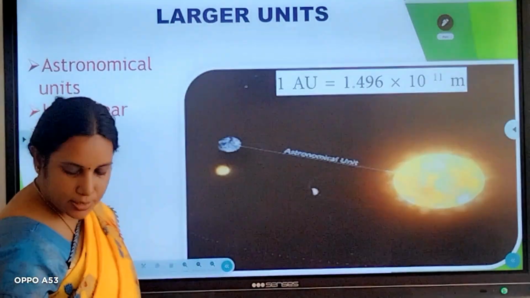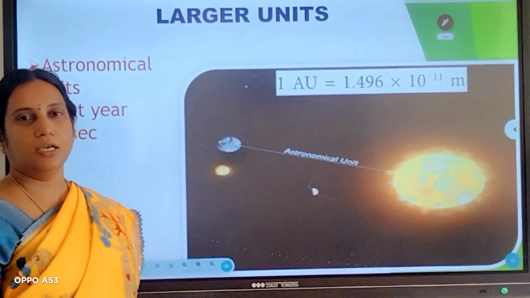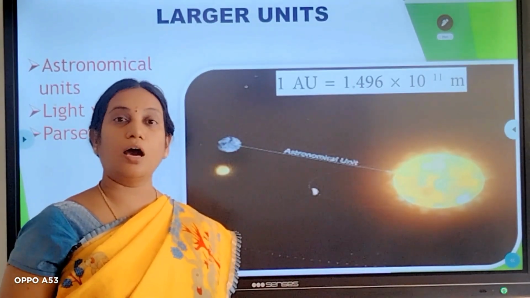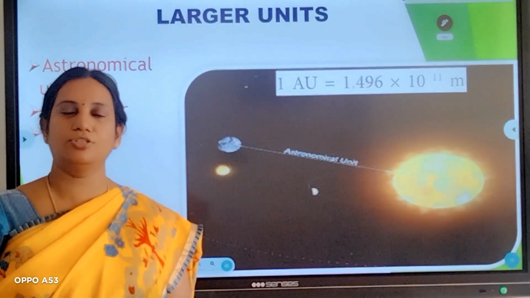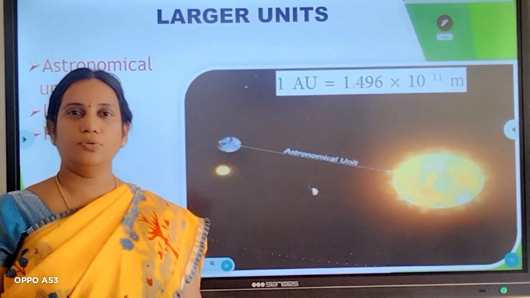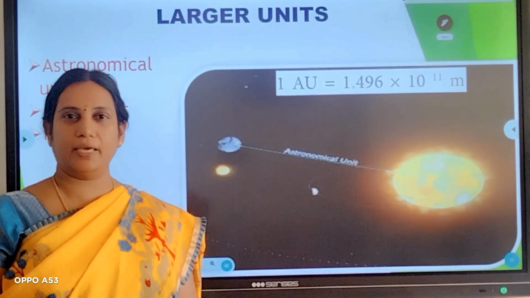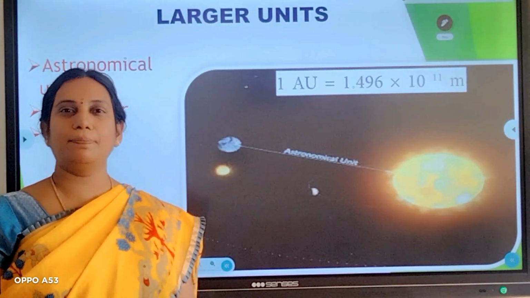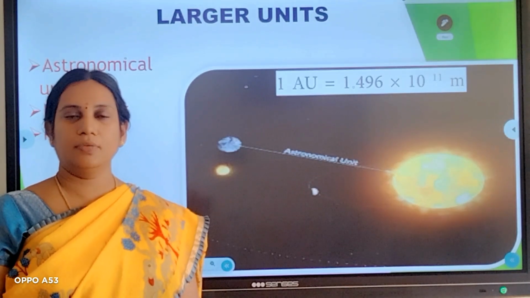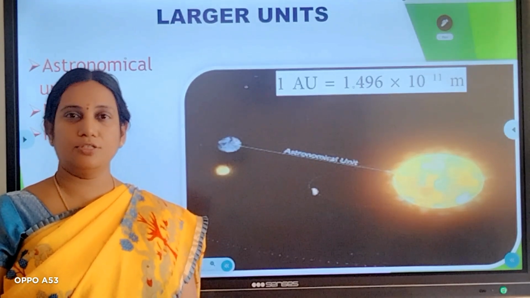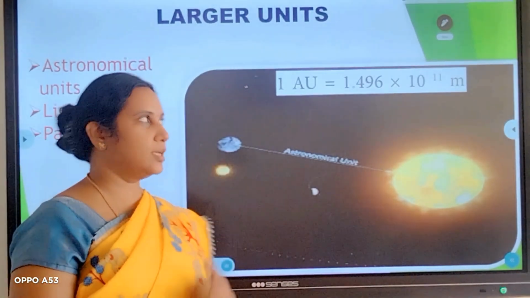Next, I'm going to explain to you about the larger units, children. When I'm telling about the larger units or larger objects, what will come to your mind, children? Yes, the astronomical units which you can see in the space. Astronomical units, example planets, Earth, many planets like Mars, Jupiter and all, it will come to your mind. Okay. So these large